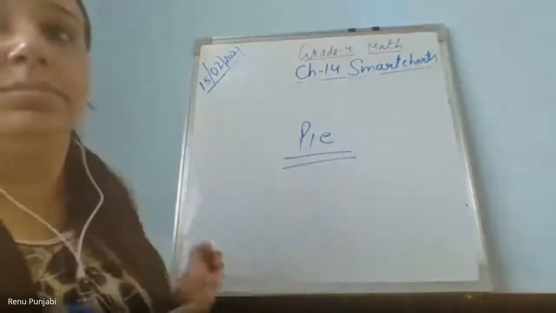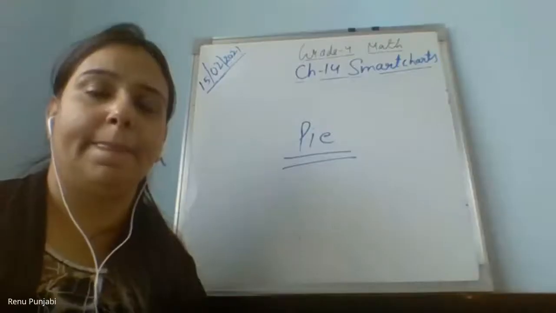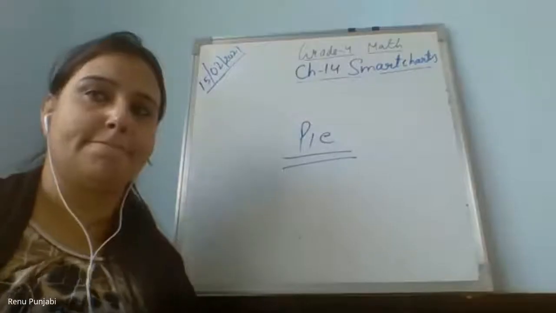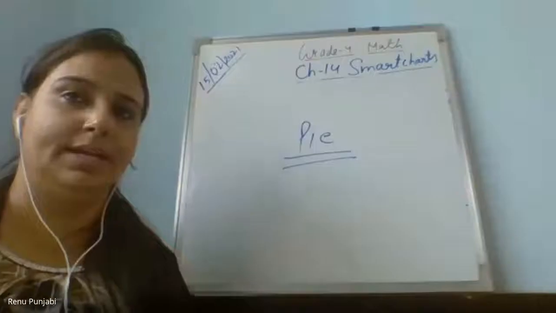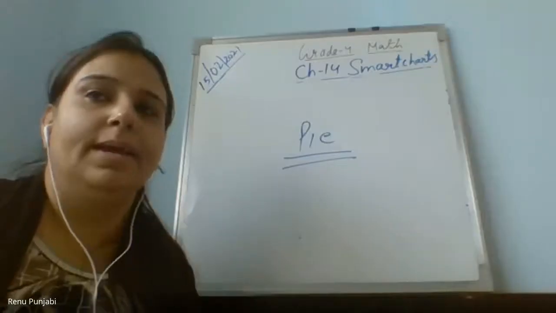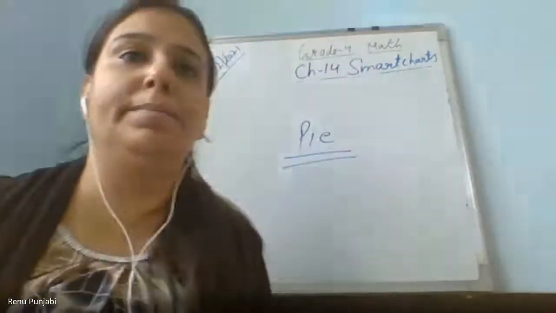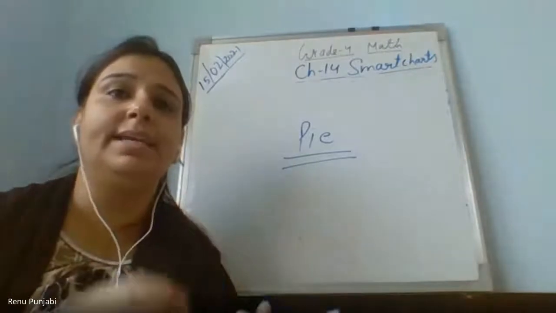Yes, ma'am. Yash will tell me. Yash, tell me what is pie? Ma'am, I don't know. Okay, I will go to the next child. Lamha, yes. Ma'am, pie is known as a dish which is made from many flavors, and up it is like a cake. Yes, pie is a kind of dish, made by pastry dough, but inside something filling is there.